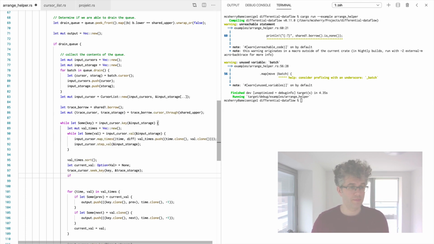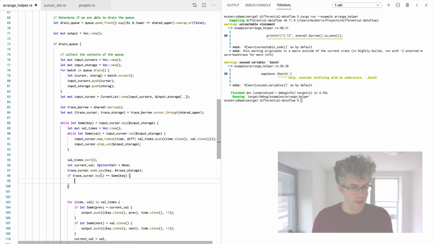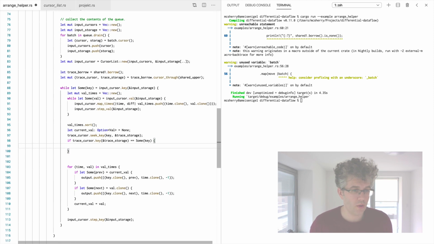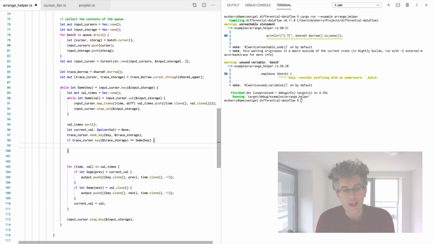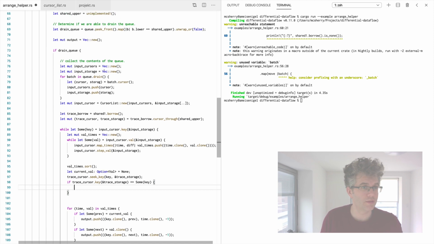So if it's the case that trace cursor dot, just some key. I think key is a reference, so we can just copy it. So if it's the case that we're at exactly the same key, we need to go and figure out exactly what the value is here now, and there's a few ways to do this. Basically we have access to the full history of the trace. It's not necessarily just a single entry in there though, so we have a bunch of values. Ideally, unless there's a bug, all but one of these values accumulate up to 0 if we add up all of their changes up to the current time, which is defined as shared upper,